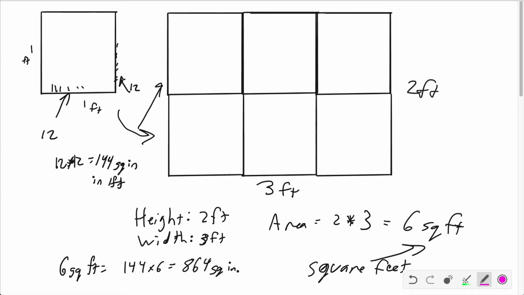So converting from feet to inches linearly, like the 3 feet would be 3 times 12, 36 inches. But for areas, you've got the 2 dimensions that you're converting both into. And so it becomes, you multiply both those linear conversion factors. So 12 by 12, 144 square inches per 1 square foot. All right, so